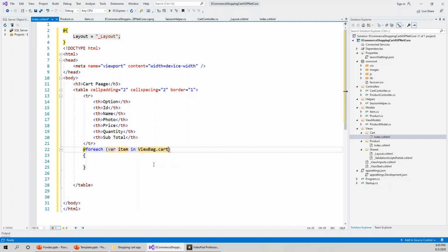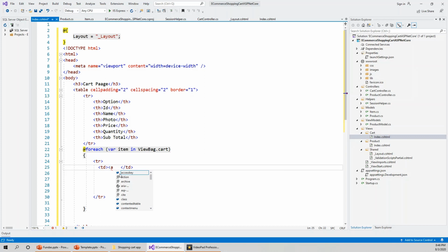The cart we have added to the ViewBag dynamic collection. So now tr and end tr, within tr and end tr will be all the table cells containing the values for those headers, td, end td, and within this will be